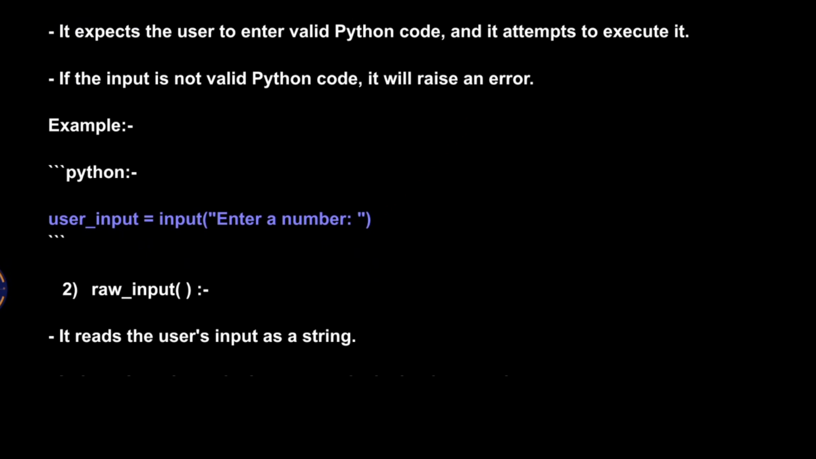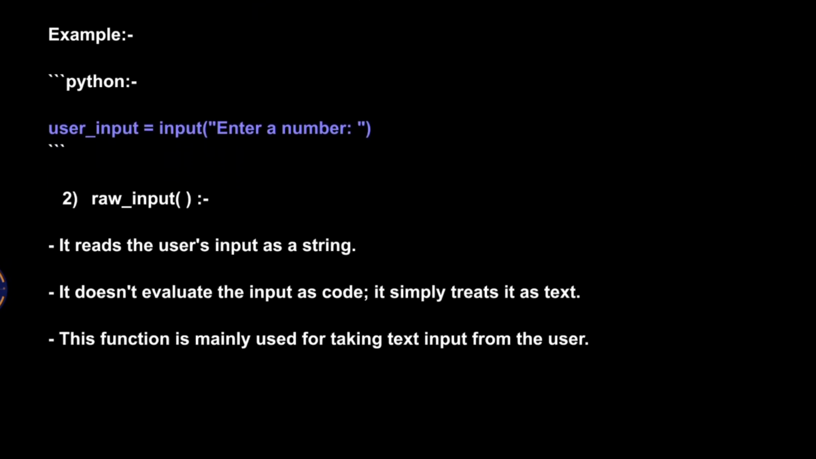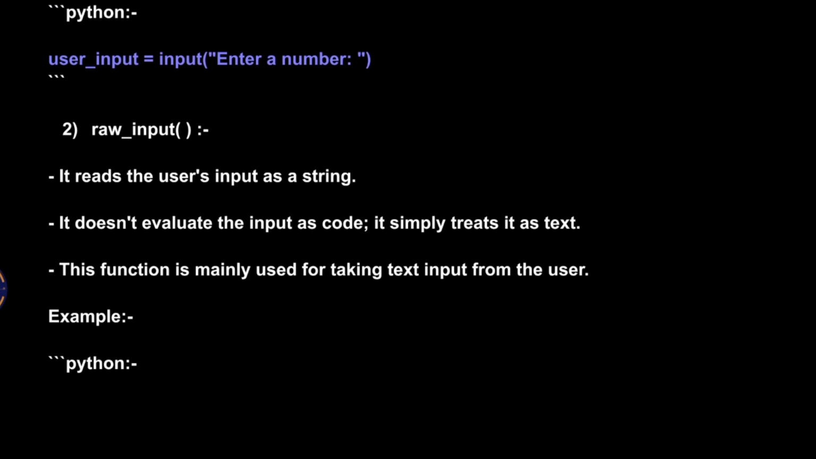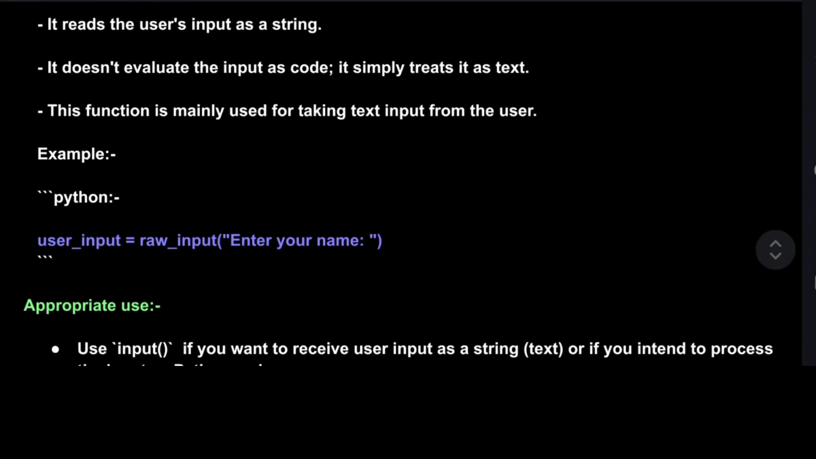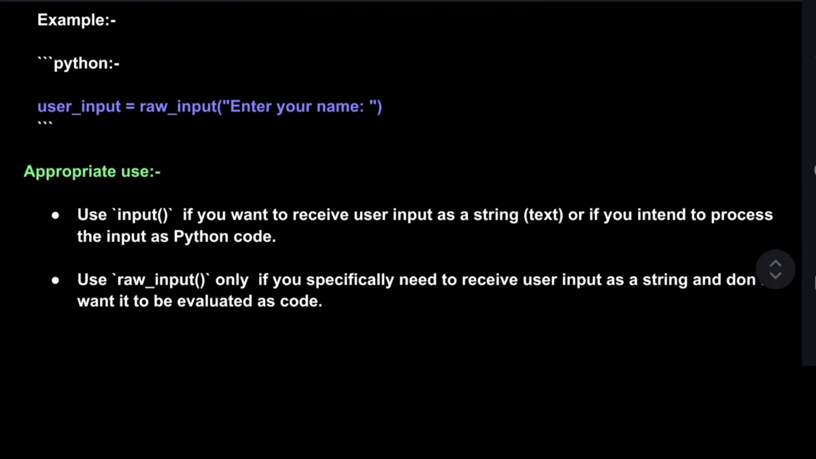raw_input reads the user's input as a string. It doesn't evaluate the input as code, it simply treats it as text. This function is mainly used for taking text input from the user. Example: user_input = raw_input("Enter your name")